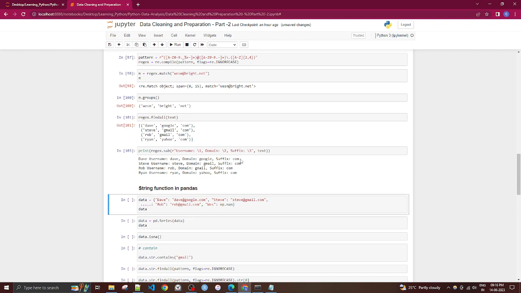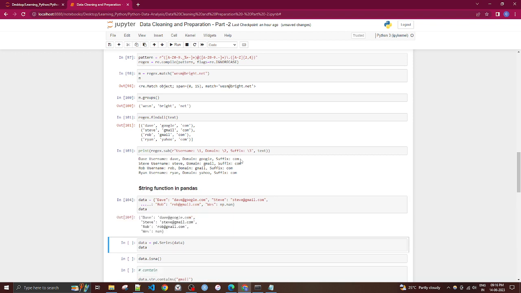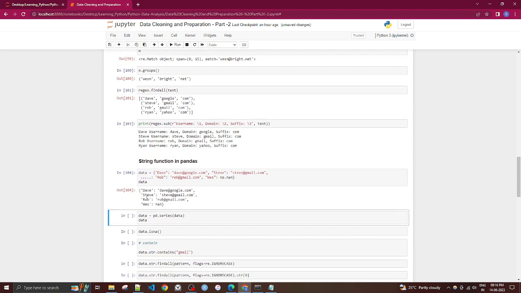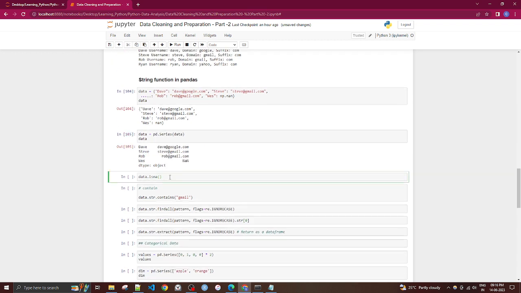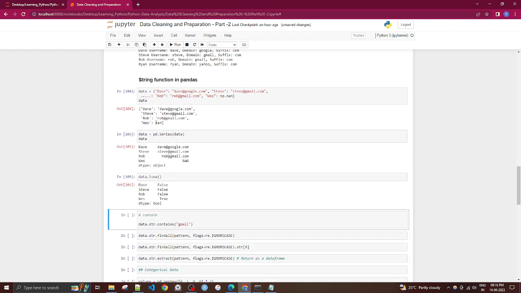Similarly, there are functions which are available in pandas too. So let's create again the same data. It's a dictionary, the name and the email IDs, and let's create a series using that dictionary. And let's check whether there is any missing value. So you can see in the third one the email ID is not present,